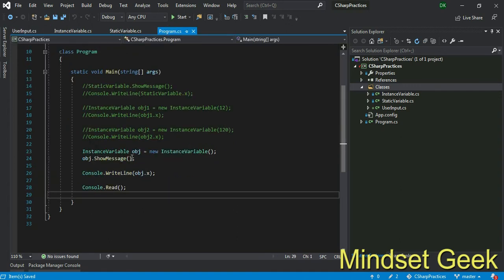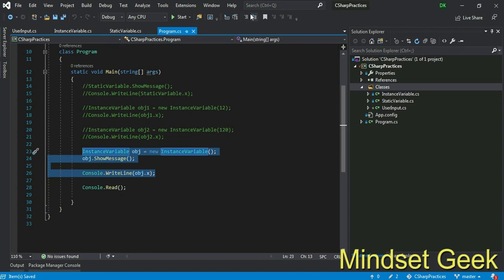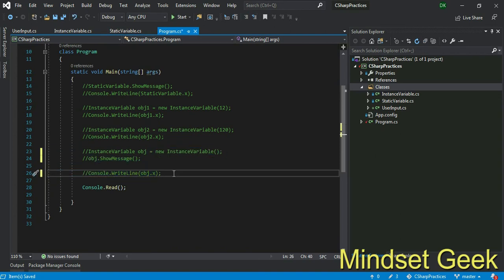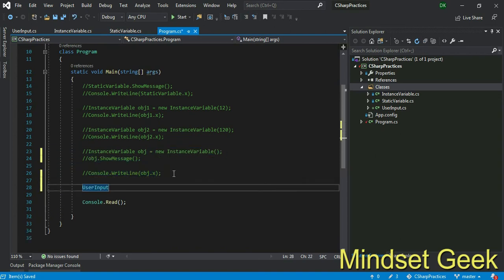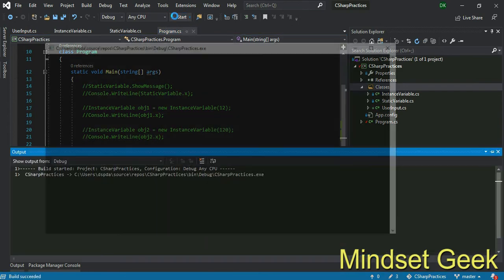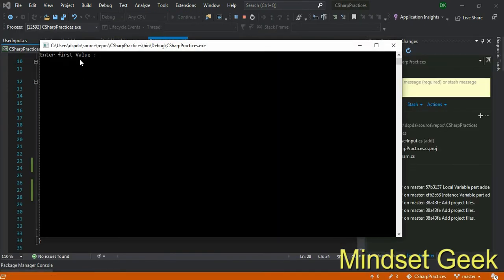Go to your program, comment this line, dot addition. Now you can see your code, right? Asking the user to enter the first value, asking the user to enter the second value, whatever value you can add.